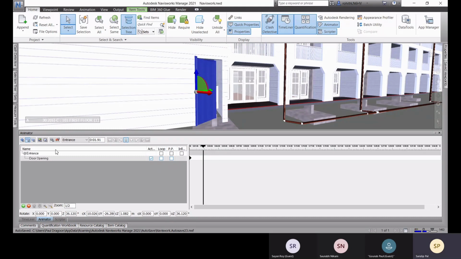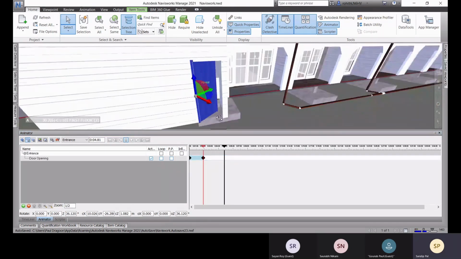Here, let me capture one keyframe, and let me reposition it over there. And now let me rotate it like this, and there. Now let me capture one keyframe over there, and after that I'll go for this paste over there,